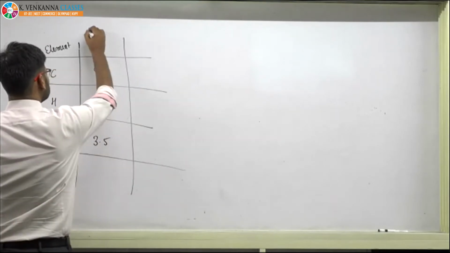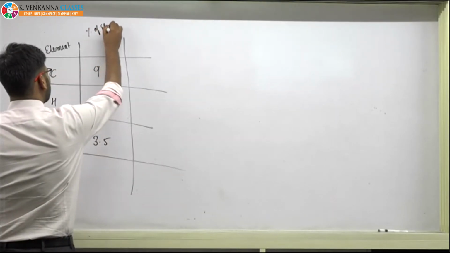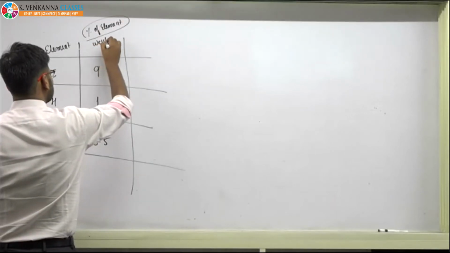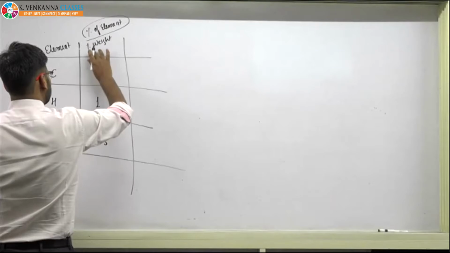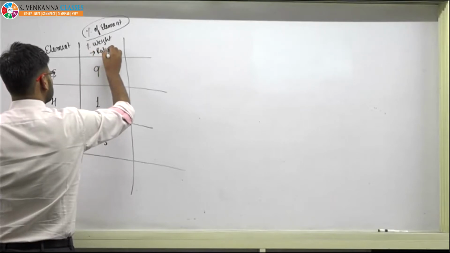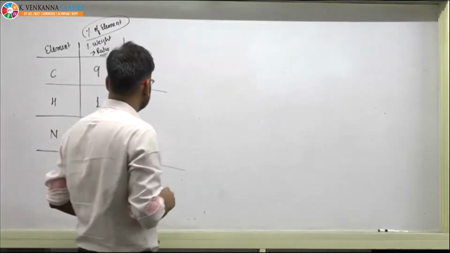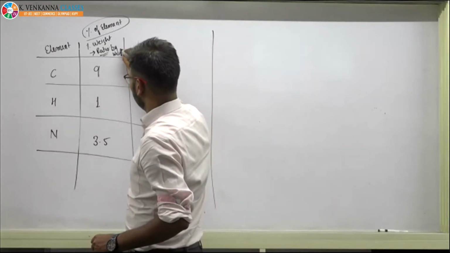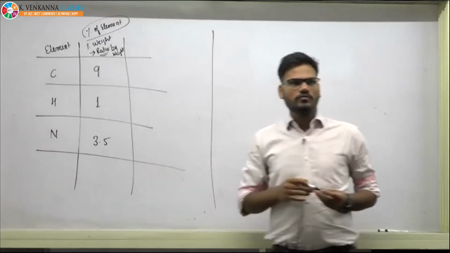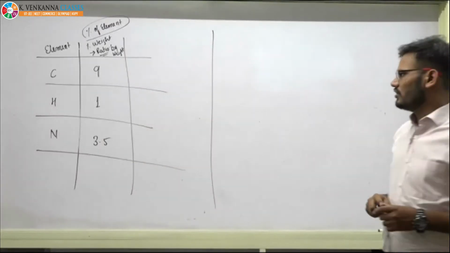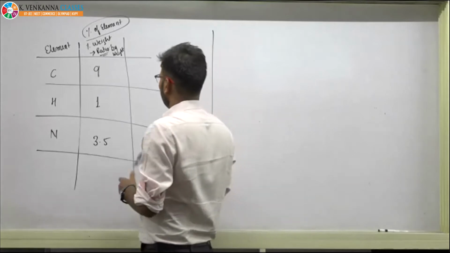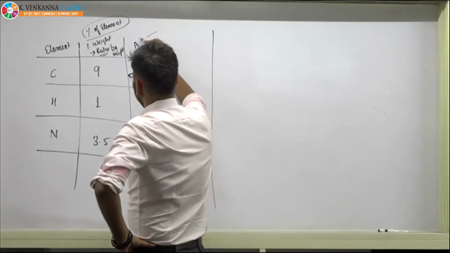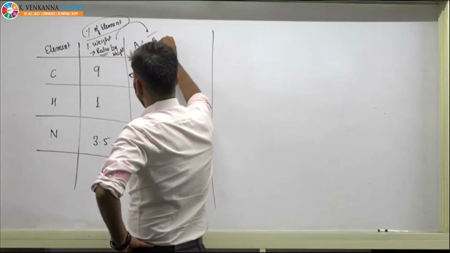Generally, they give percentage of element. I have also told you that sometimes they will provide you weight percentage, or sometimes they also provide you a simple ratio, right? So if it is given ratio by weight, in the problem they have already given you the ratio. So the next step is to calculate the atoms. How will you calculate? Write it here and divide by molar mass.